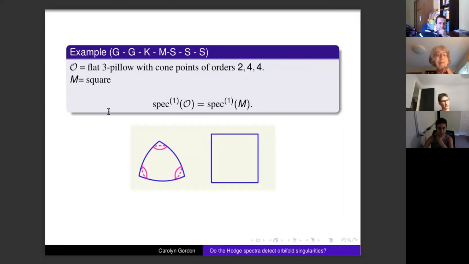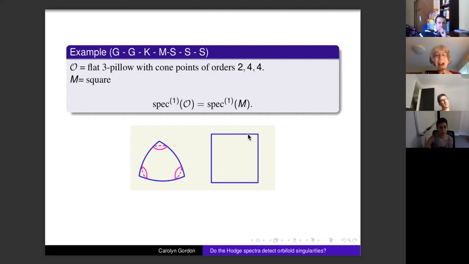a fun example. There's a flat 3-pillow with 3 cone points. What I mean by a pillow, it kind of looks like a pillow. The underlying space is a sphere. It has 3 cone points. It's just made by taking, in this case, 2 45-45-90 triangles, sewing them together. And you can stuff it, but you have a flat